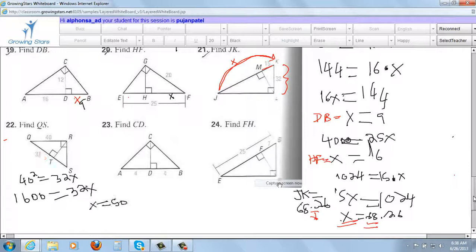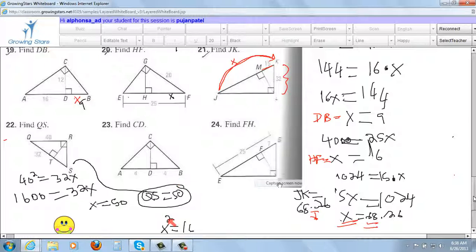Doing very well. Okay, again, but don't leave it as X. Now, CD. What about CD? And see, very nicely they've given you a perfect square there. X squared equals 16, isn't it? So X equals 4. Or CD equals 4.